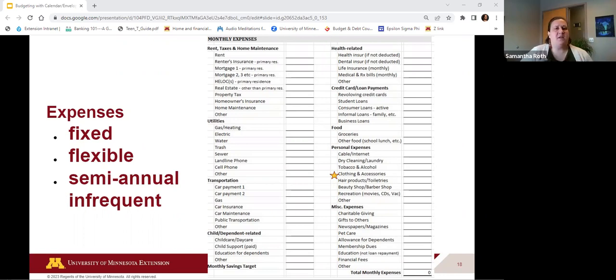Then we also have some that are semi-annual and infrequent. Those could be the sorts of things that I talked about, such as our pet care or our car maintenance or our home maintenance and that kind of stuff. So the envelope system really works well for those flexible expenses that are monthly, as well as some of